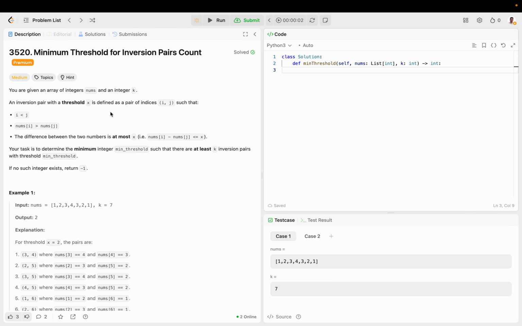Cool, so basically this is almost like a binary search kind of segment tree question, but you don't have to use a segment tree. You just kind of have to do some workarounds, but basically you're given this array and an integer k, you want to return an integer, and you just want to find a particular number where there's at least k inversion pairs. So what that means is,